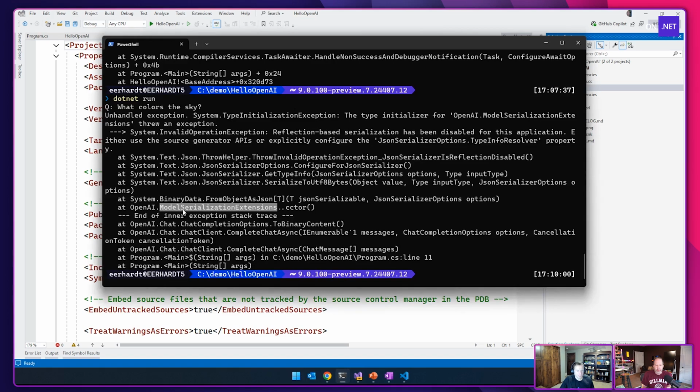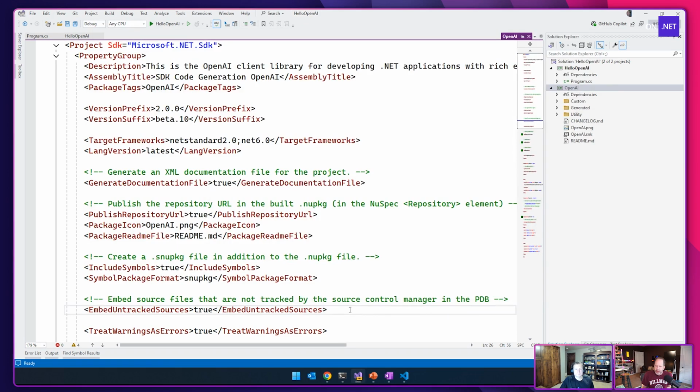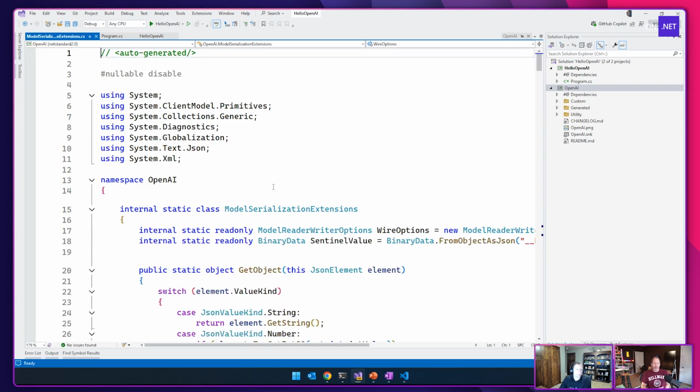Does Microsoft make this, or is this an OpenAI thing? It's a collaboration between Microsoft and OpenAI to make this library. Okay. And just in case any of the folks that work on this are watching, is it nice of us to be doing what we're doing right now? Ultimately we're making it work on AOT, but is it expected for them to have thought about this, or is this a little niche for them?